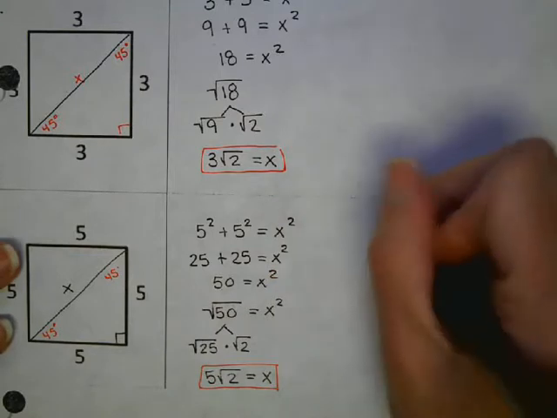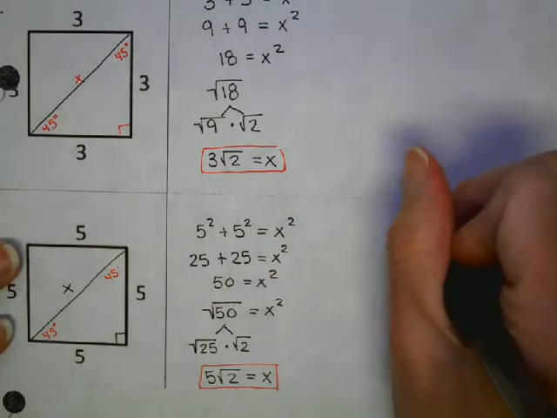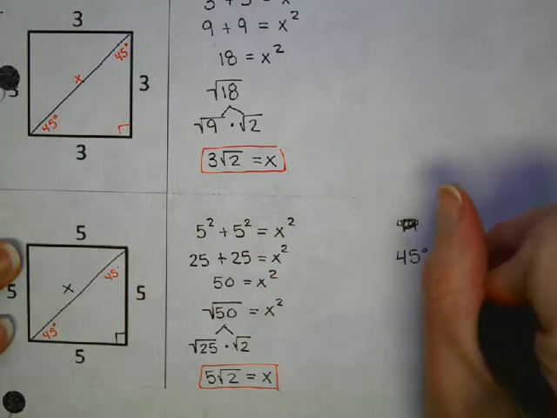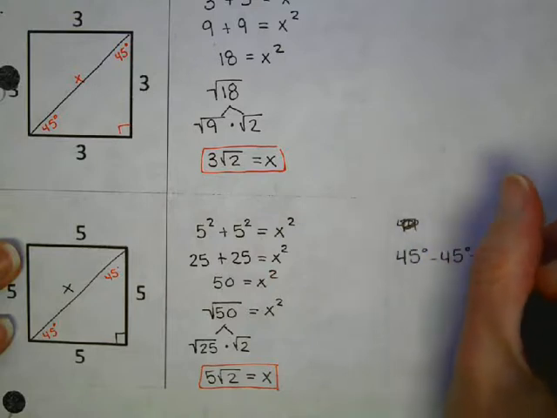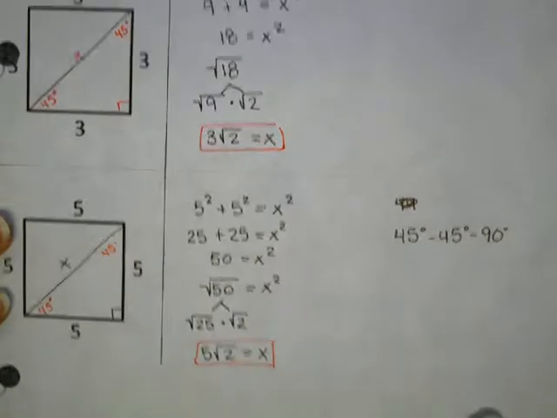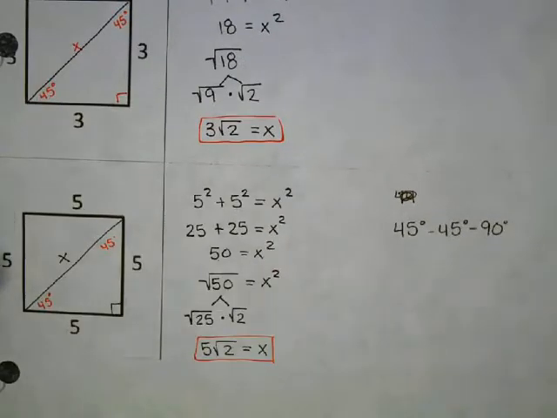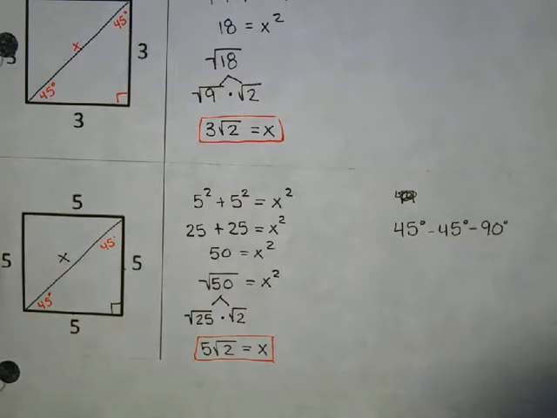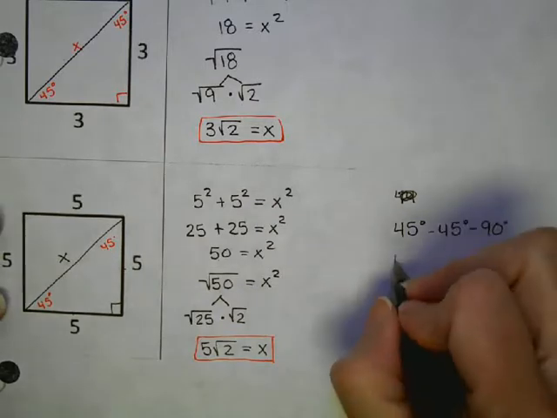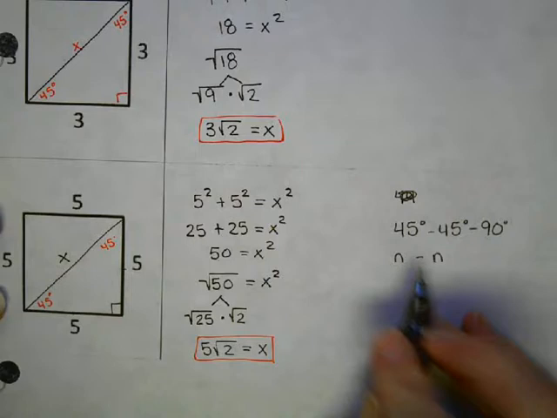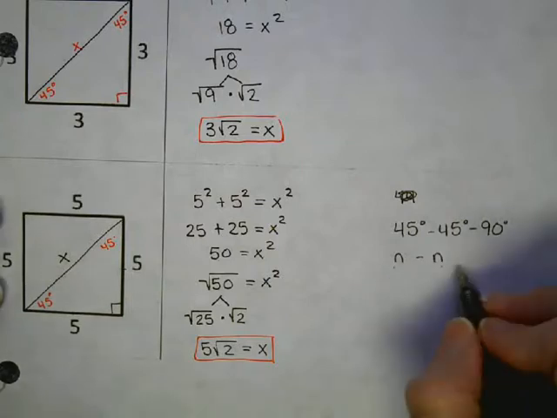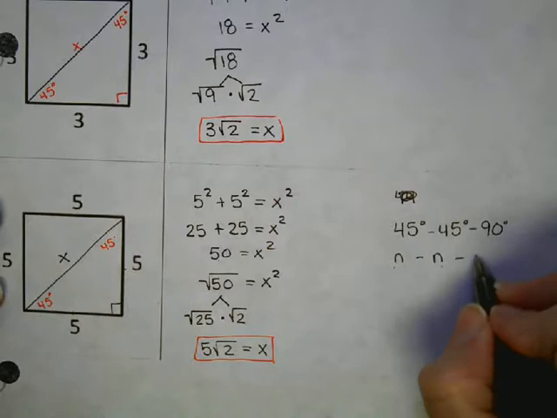So if you have a, let's write that again, 45-45-90 right triangle, meaning it's isosceles, two of the legs are the same. We're going to choose n for number. Whatever the number on the side is, they have to be the same because it's isosceles. Then if these two are the same, the hypotenuse is always going to be that number times the square root